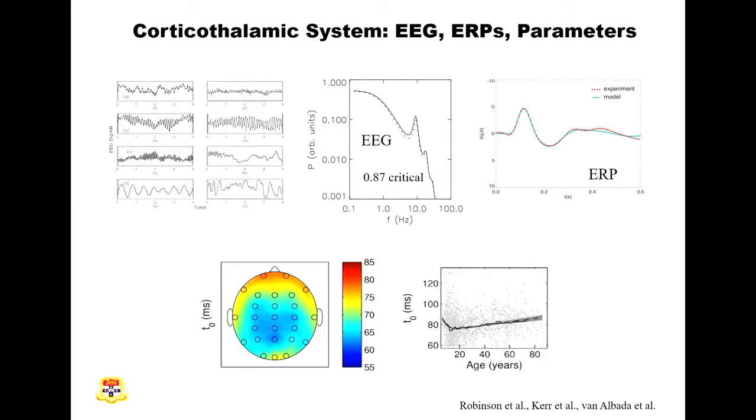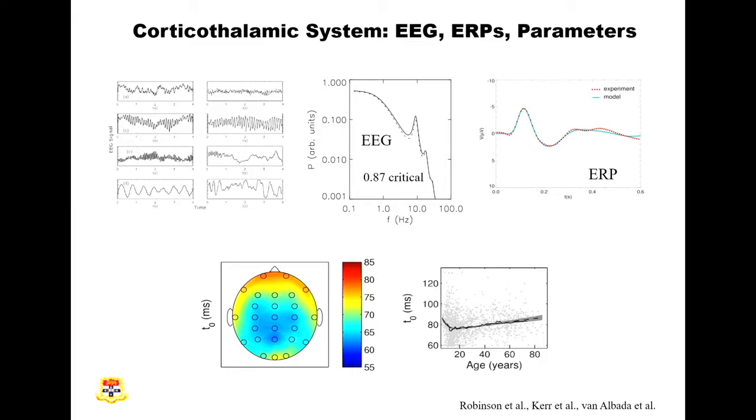And that fits with the fact that the alpha frequency is known to be a bit higher at the back of the head. And we can also do studies versus age. This is from age 6 to 86, 1,500 subjects, estimating that time delay. And we see the time delay falls in young people up to about their late teens and then gradually rises